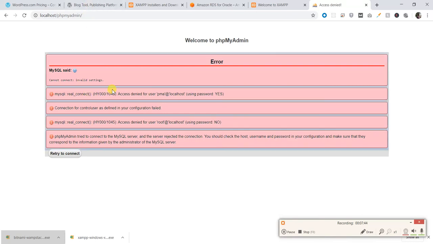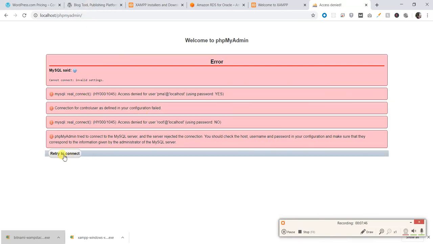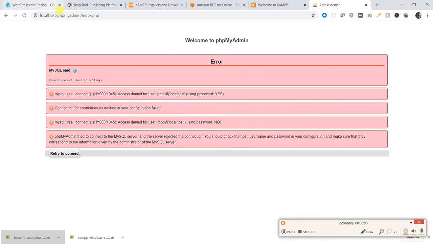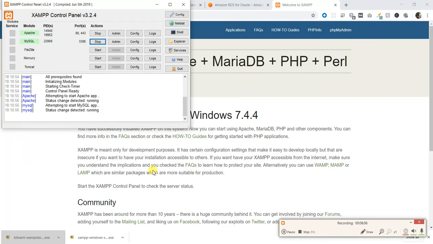You need to retry to connect. Just uninstall your application and then reinstall it. That issue will be resolved.